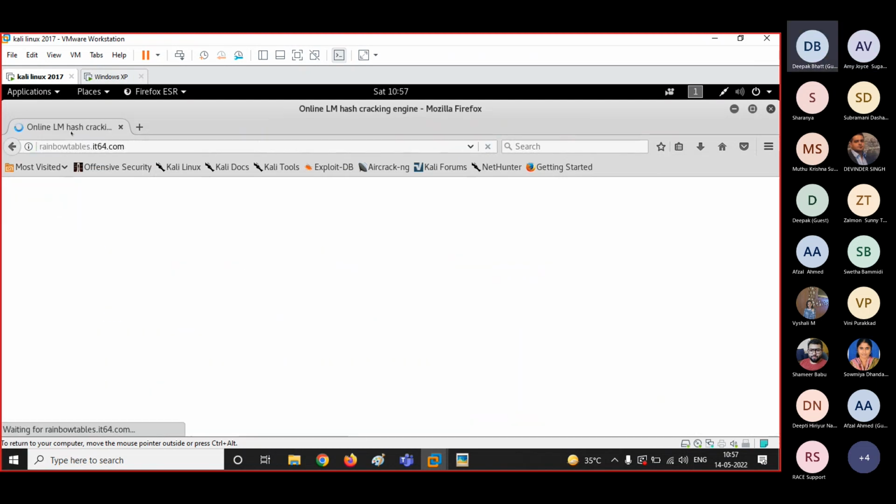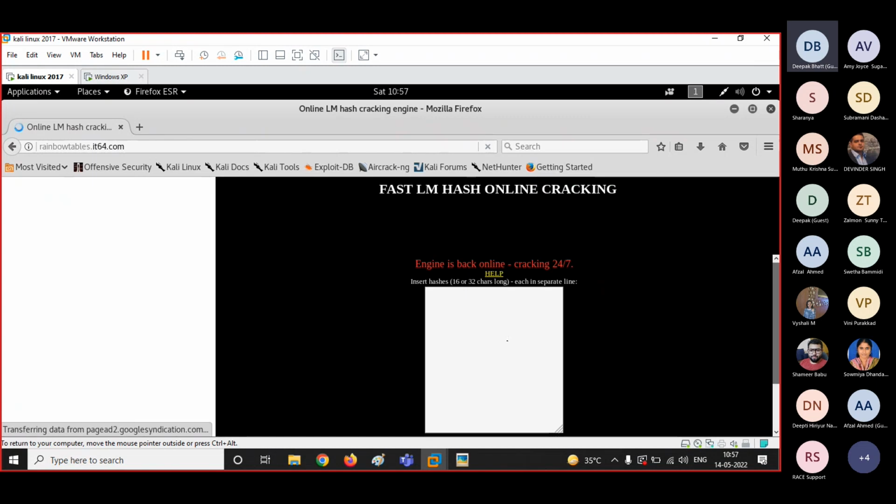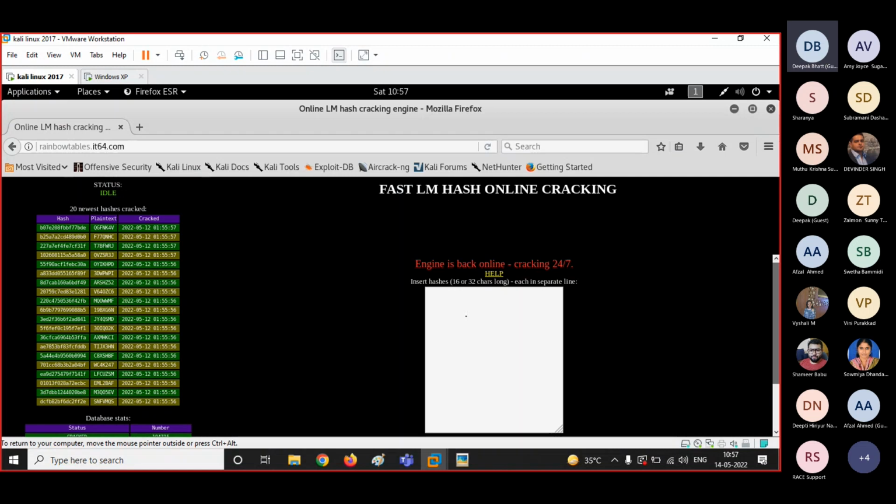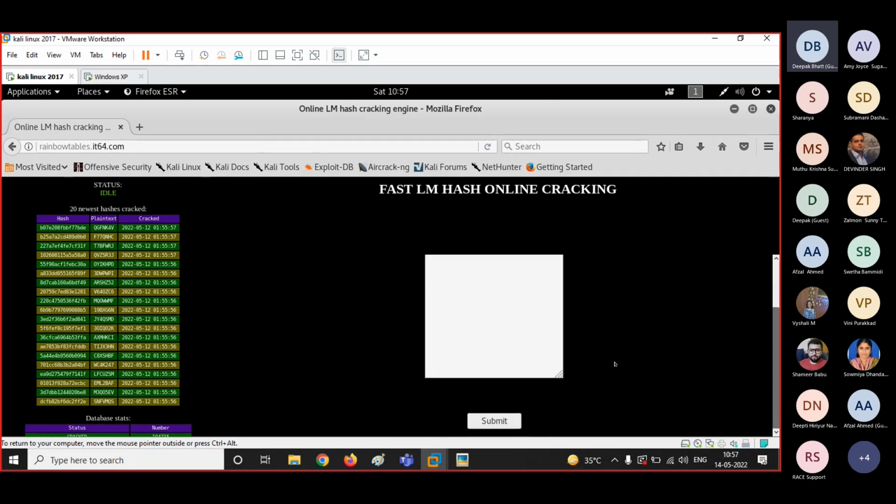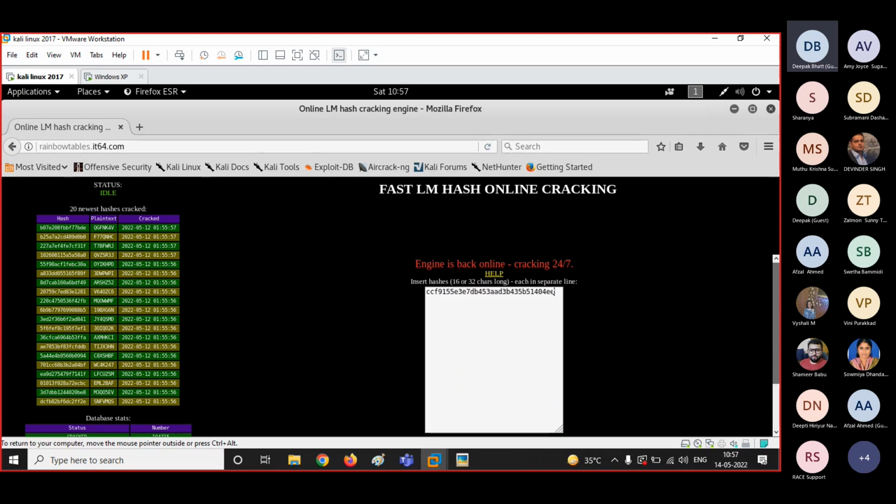So I will be opening this rainbow table. And as I told you, whatever hash you have copied, you'll paste that hash in this white space. If the crack is available, then you will get the result. But if the crack is not available, they will ask you to submit this hash, and within a week they'll give you the crack.